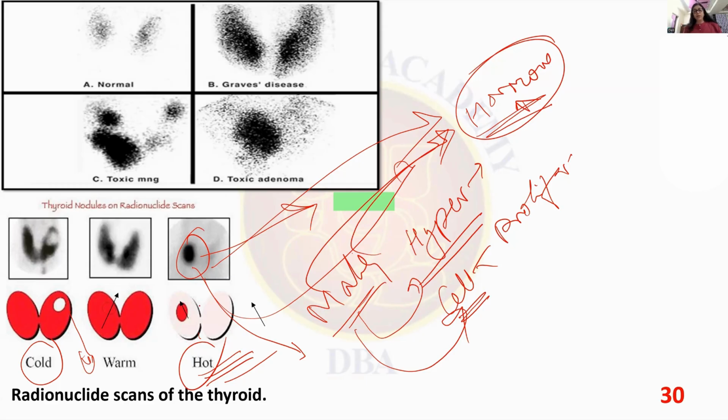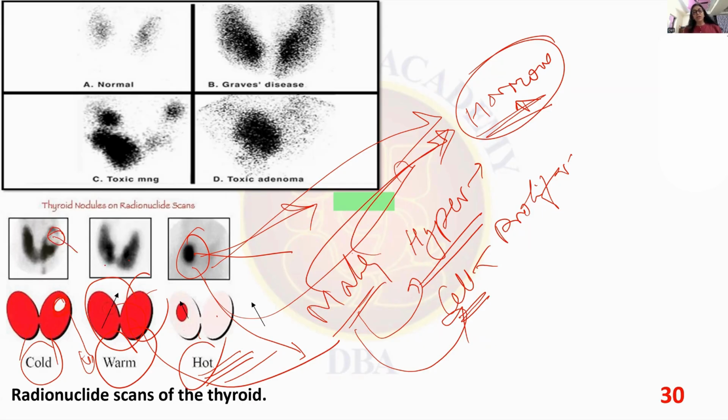सो ये हॉट नोड्यूल आया, पूरा ग्लैंड नॉर्मल दिख रहा है, लेकिन ये हॉट नोड्यूल दिख रहा है. सो दिस इज अ टॉक्सिक नोड्यूल. ये पूरा ग्लैंड ही अपना हाइपर हो गया, दिस अ वार्म ग्लैंड, दिस अ ग्रेव्स ग्लैंड। यहाँ पे पूरा ग्लैंड आपका हाइपर एक्टिव है, लेकिन बीच में एक जोन पड़ा है जो खाली पड़ा है, दिस इज नॉट वर्किंग। तो